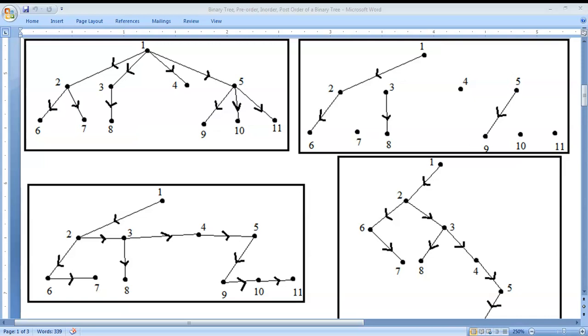Next, you move on to the next level. The next level vertices are 6, 7, 8, 9, 10, 11. Since there are no right edges, there is no need to remove anything. So in the first box, a directed graph is given. According to the procedure, remove all the right edges. So we have removed all the right edges as shown in the second box.